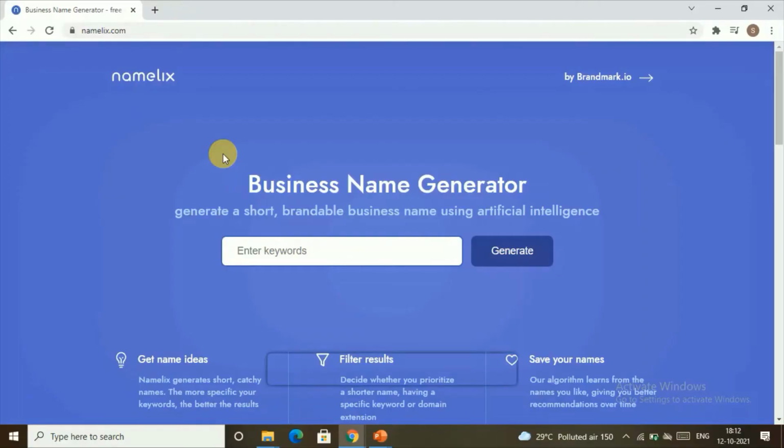In order to generate a business name through the keyword that is related to our business, we're gonna use a tool called namelix.com. I'll be mentioning this link in the description, you can go check it out. Namelix.com is a site which is going to help us choose a brand name for our business. Firstly, let's enter the keyword that we are thinking of. I thought of the keyword cake, so let's give our keyword here and click on generate.